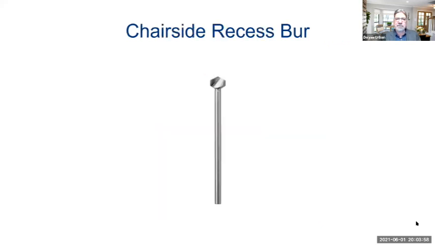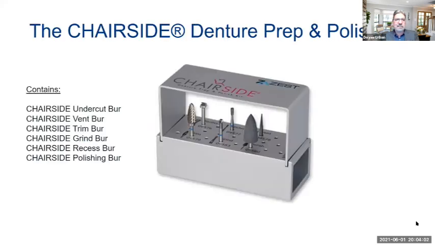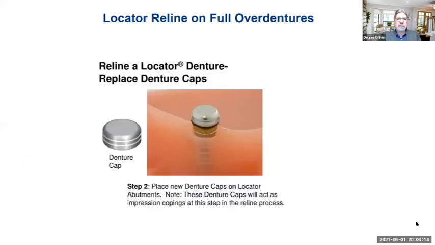And there's special burrs that they sell. There's chairside recessed burrs and kits that they sell. Also, this is from Zest, and it gives you just the right amount of space for that locator housing. So once you create that space, you want to make sure you place those new denture housings on